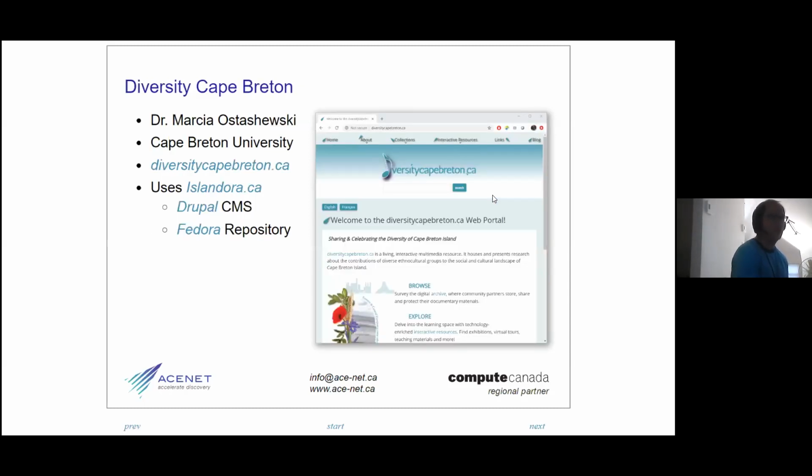Okay, so this is another site that's worked on by a group at Cape Breton University called Diversity Cape Breton. It uses a tool called Islandora, which I believe was developed at UPEI, which is kind of a combination of other tools, like for example Drupal, which is a content management system, which we'll talk about a little bit later, as well as a repository called Fedora, which is just a way of storing and organizing files and things like